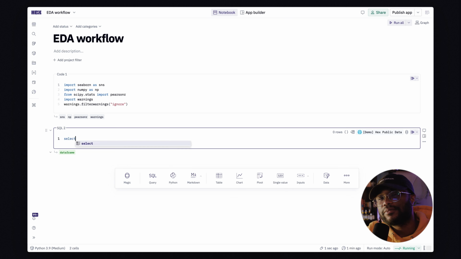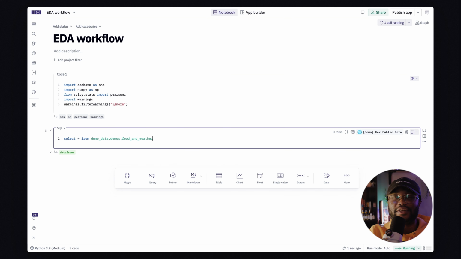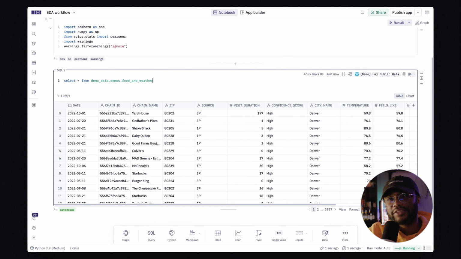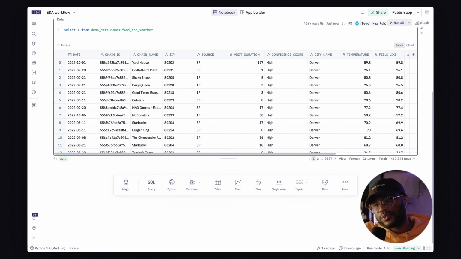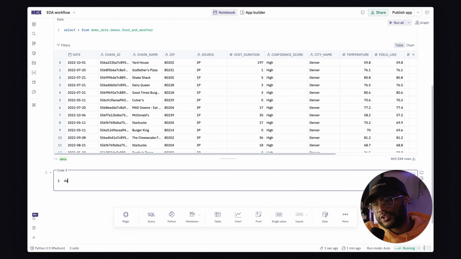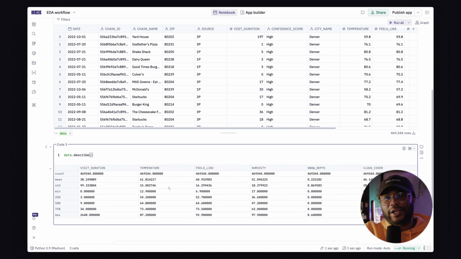All right, so I've imported some venue data from a Snowflake warehouse, giving us our first glimpse at this data set. Right away, the SQL cell is giving us a lot of free information, like the number of rows and the column data types. But to really understand what we're working with, we're going to look deeper at the actual values. By describing the data, I can better understand the averages, the spread of the values, and any potential issues